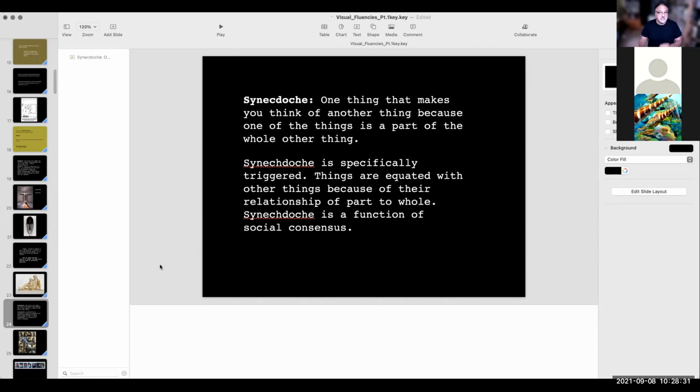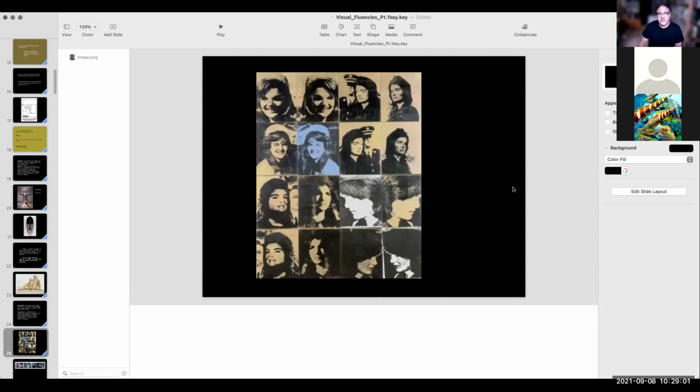Synecdoche, kind of a fancy pants word, but it's a really handy word. It's one thing that makes you think of another thing, because the one thing is a part of the whole of another thing, right? So for example, if I say like the state, right? The state. Well, we know a state is actually just a state, but when we talk about the state, we're talking about the entirety maybe of a government or of a country filled with states, right? So let me give you a visual example. This is